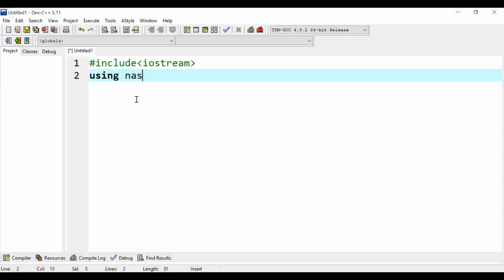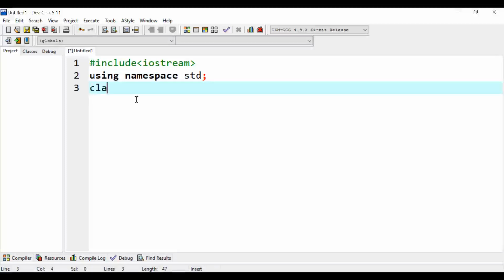Then using namespace std. Now we write a class, and the name of the class is, let's say, student,